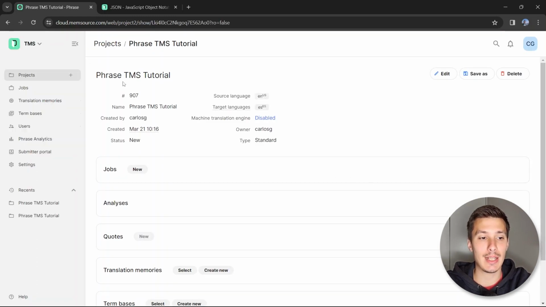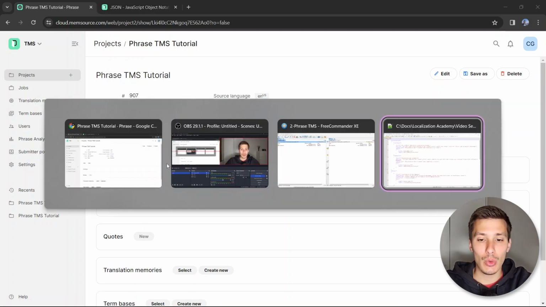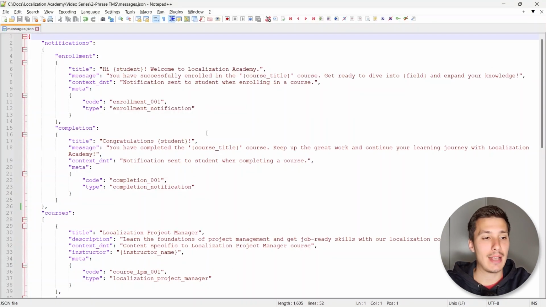And here we can see that we have created the Phrase TMS tutorial project and we don't have any jobs for now. So let's go to Notepad++ and let's have a look at the JSON file that we're going to prepare. All right. If you are not familiar with the JSON file structure, JSON stands for JavaScript Object Notation, and